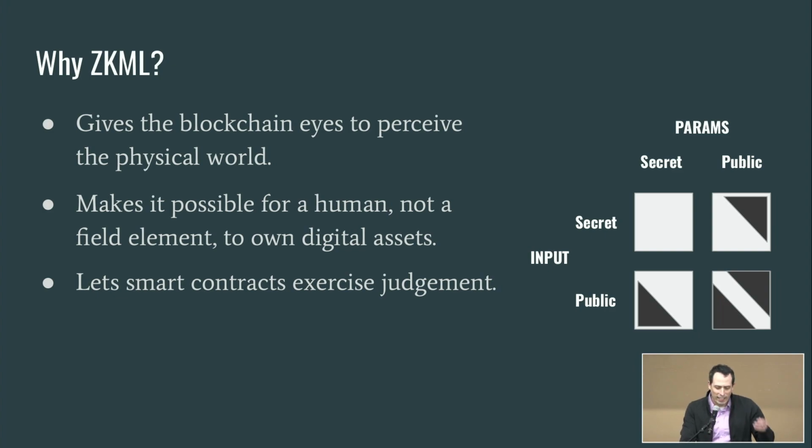And just to talk high level for one more minute, why ZKML? I like to think about it as we're giving the blockchain eyes and sensory organs with which to perceive the physical world. We're giving Ethereum eyes. Let it interpret ambiguous events. Long term, the reason I got excited about this is that I think this is the way to make it possible for humans to own digital assets, in the sense that the chain will learn an ensemble of models that knows who I am. If I lose my private key, it's no big deal, right? It doesn't all depend on some single point of failure.